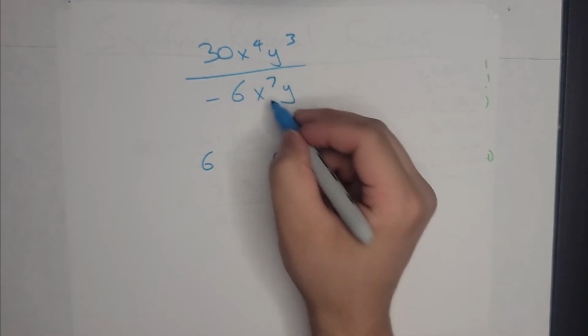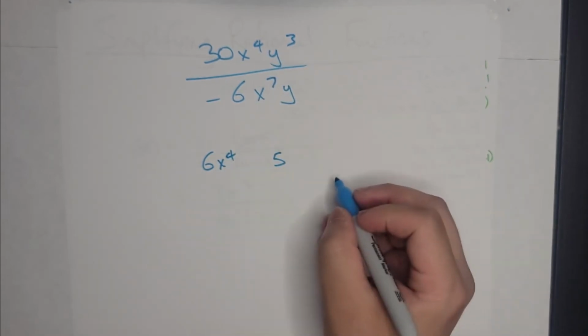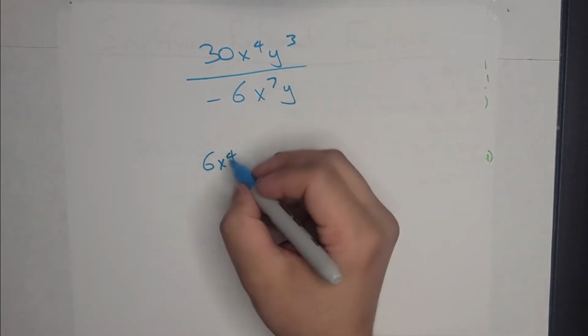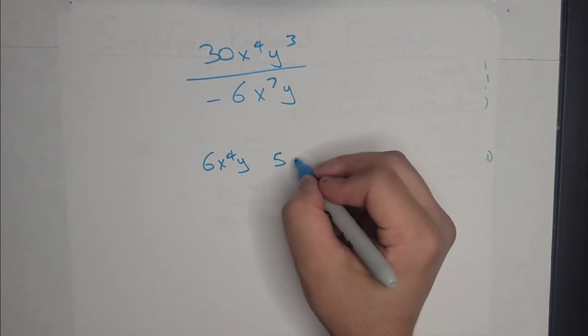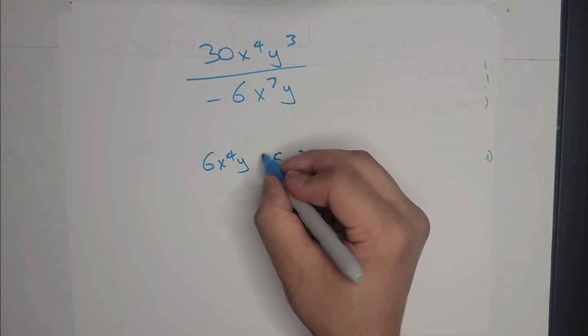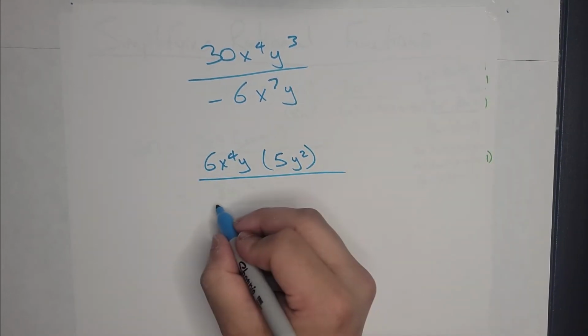I know that I have a common x to the 4 and a common 1 y. So I'm left with y squared here. And in the denominator, I